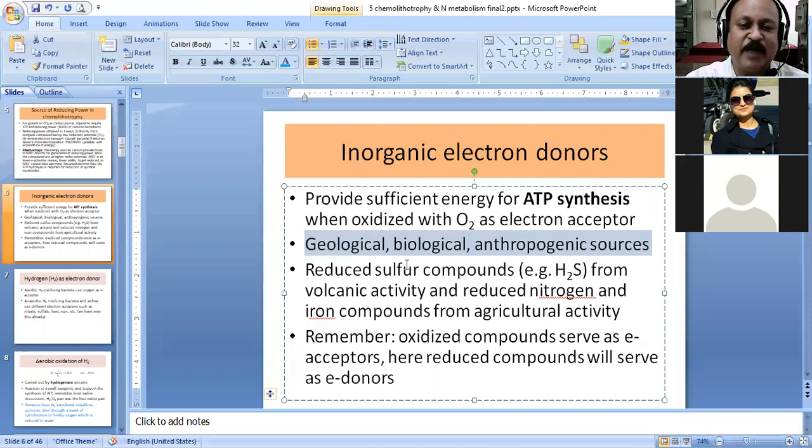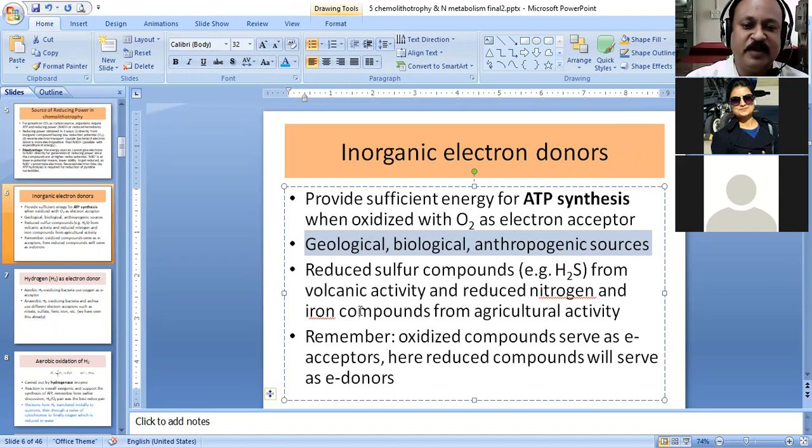There could be certain biological reactions, and there also could be geological reactions, for example volcanic activity. Because of volcanic activity certain minerals are made available to the microorganisms. The minerals which are present deep inside the earth come out on the surface, and therefore they become available